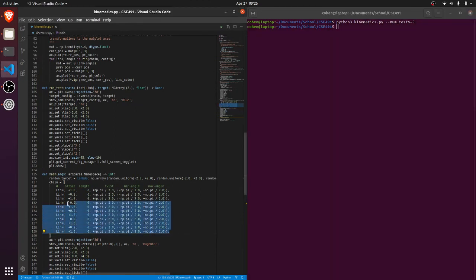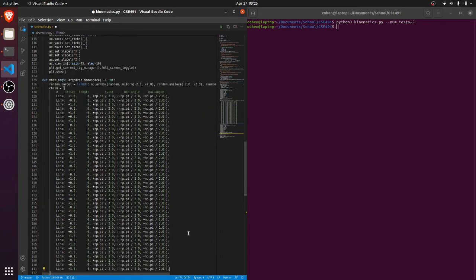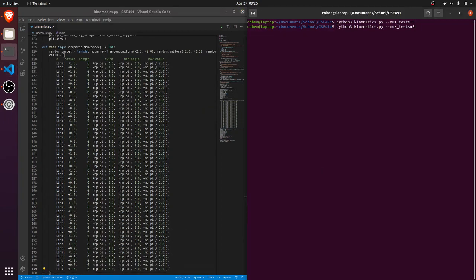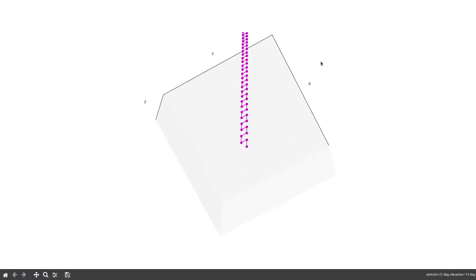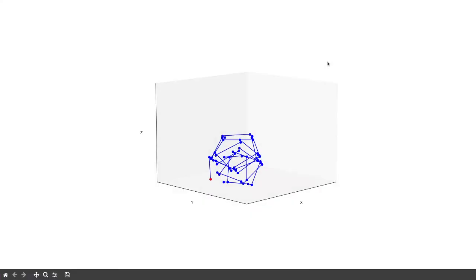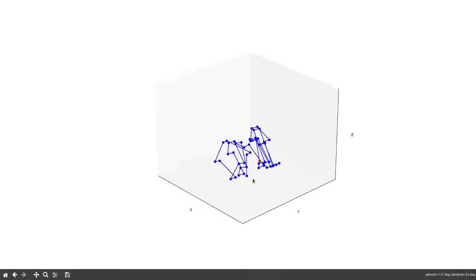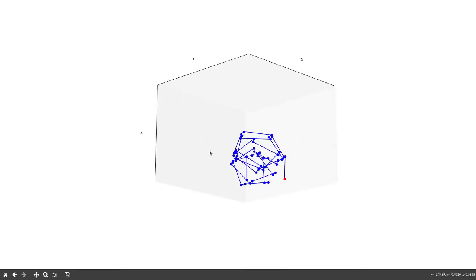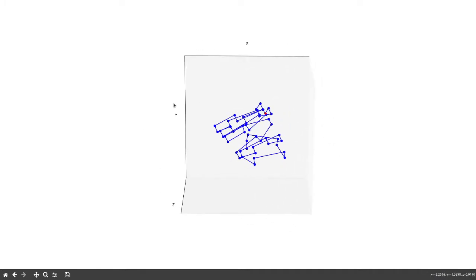Okay, now I think the only thing left to do here is to take the number of links that we have here and just crank that up. It's pretty long. That's crazy. It's about what I expected. You can see, we've got some collisions because we've got too many and we aren't doing anything to make sure that we're not intersecting these lines, which is not optimal for a real robot, but